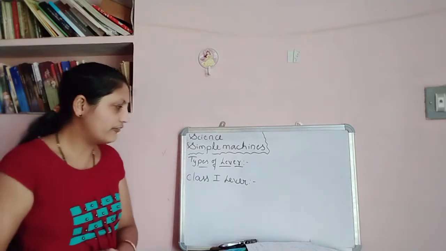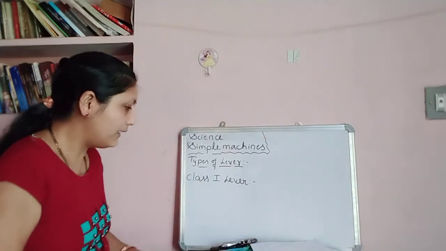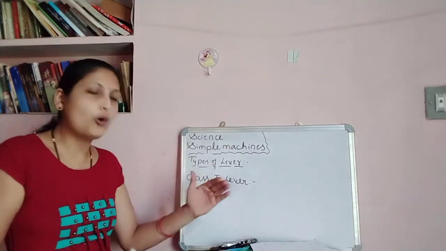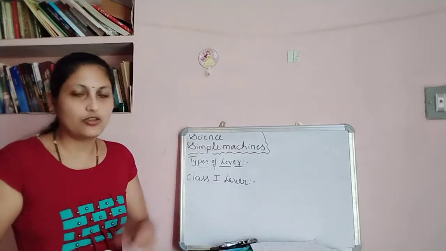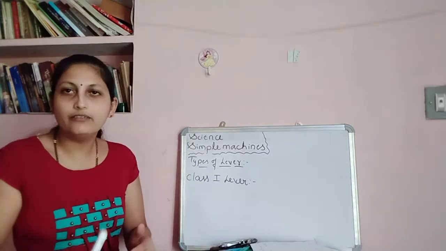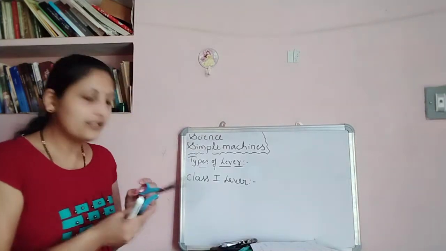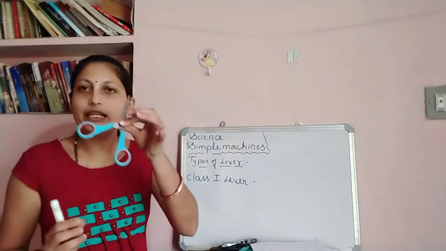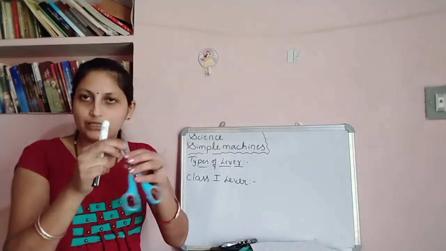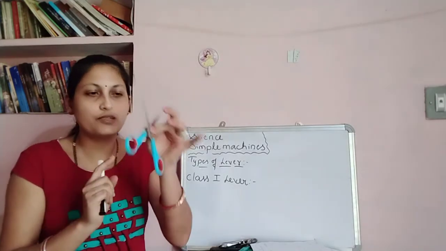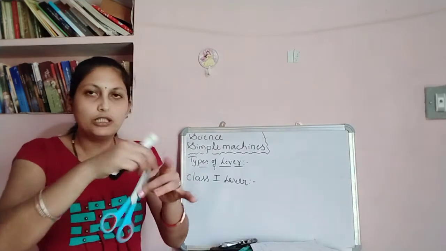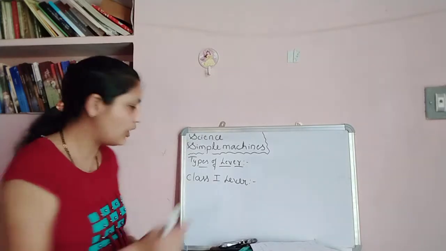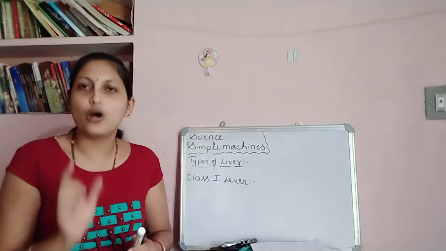In this type of lever, fulcrum is placed in the middle and load and effort are at the extreme ends. So one end will place the load and in the other end will apply force. For example, a seesaw is the best example for class 1 lever. So you can see that fulcrum is in the center. This is the fulcrum where the lever is attached or jointed, isn't it? So this point is the fulcrum and load is placed at the one end and will apply force at the other end. So this type of lever are called class 1 lever or first order lever.